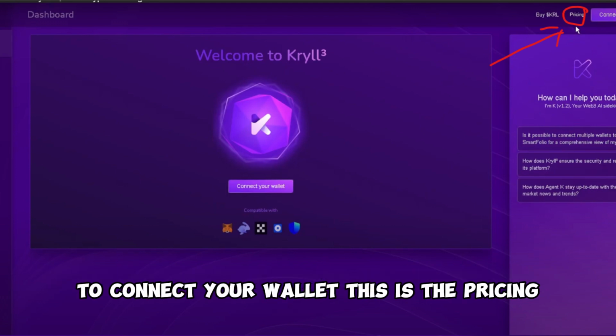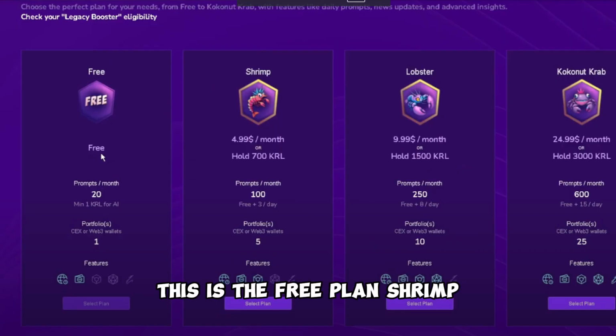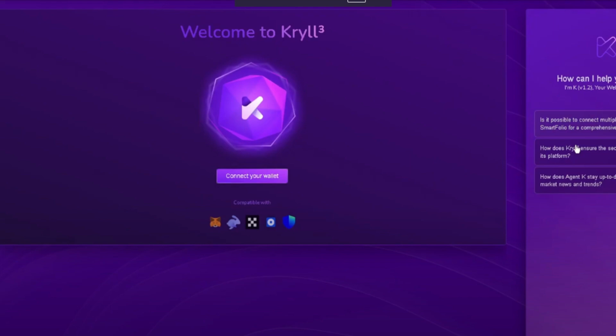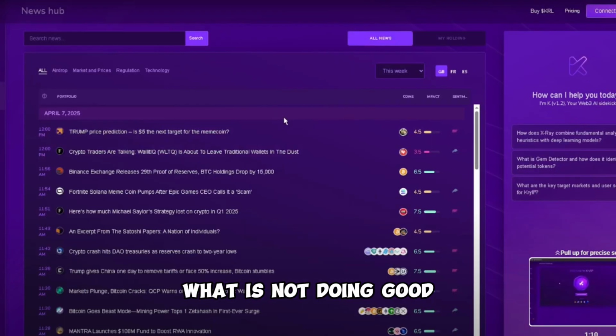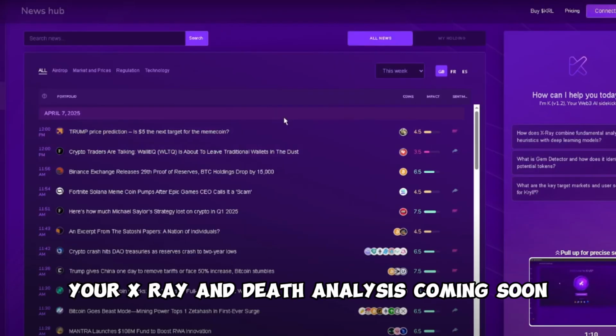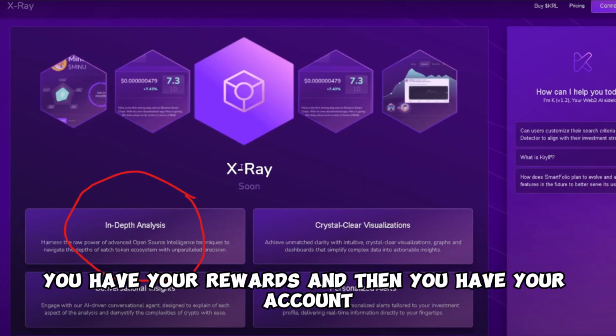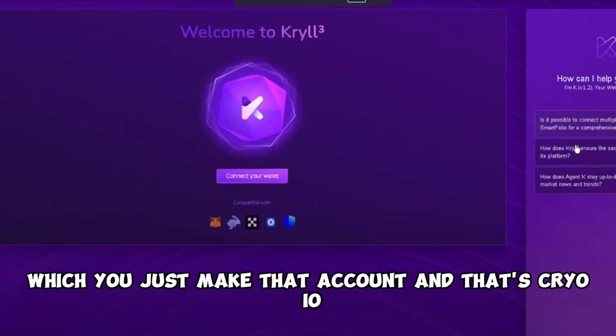This is the pricing. This is the free plan, shrimp, lobster, and all other plans. You have a bunch of tabs here. Your smartfolio, connect your wallet. Your news hub to see what is doing good, what is not doing good. Your X-ray, in-depth analysis coming soon. You have your rewards. And then you have your account, which you just make that account, and that's